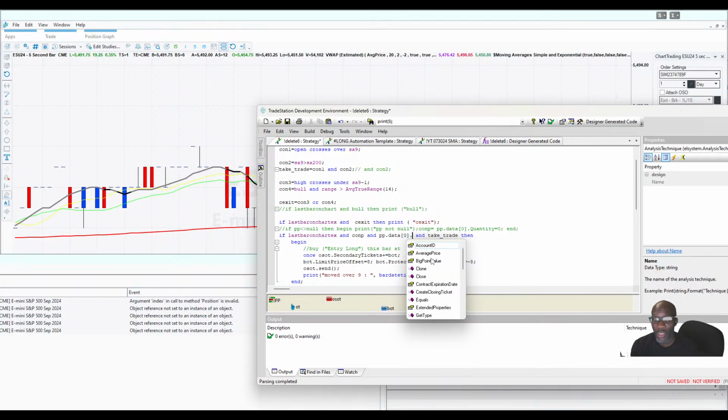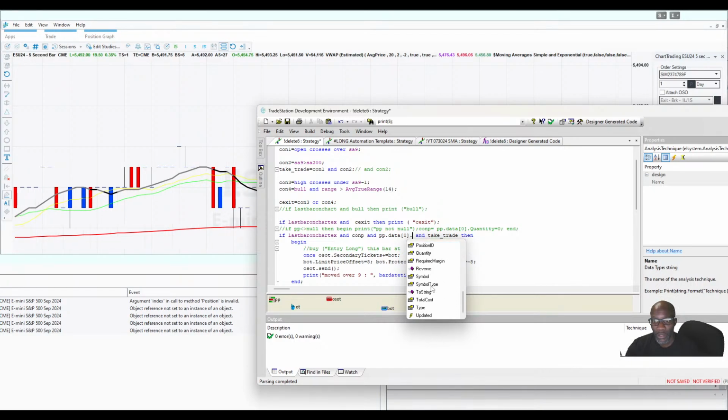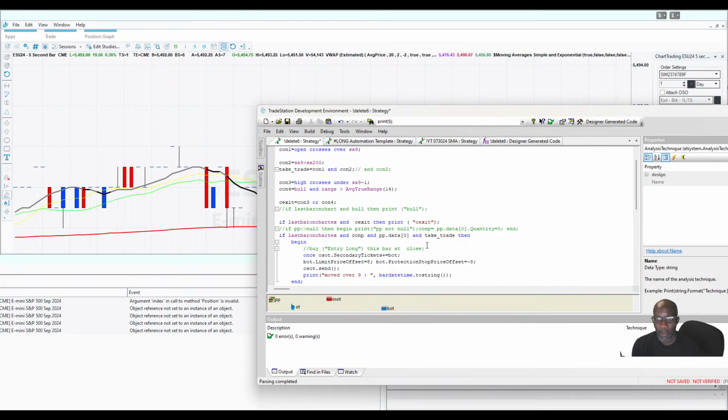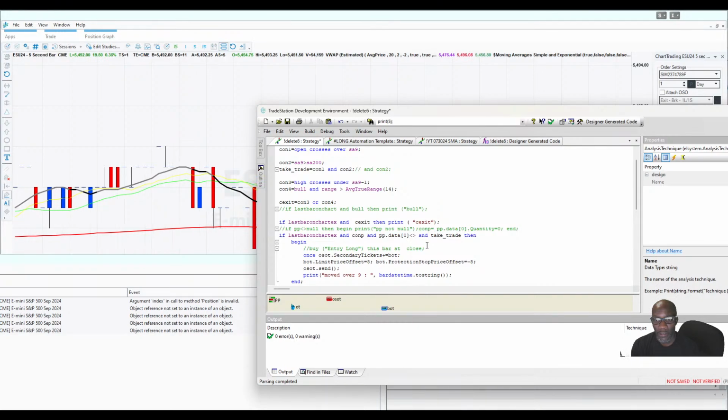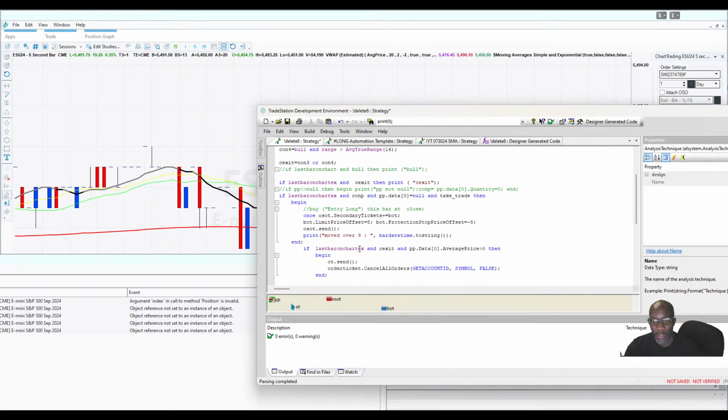So maybe we need to just ask for it to be not null. pp.data is not null. If it's null, which means that we don't have a position on, then take the trade. And here, if last bar on chart and CX pp.data of that index. So now we should have